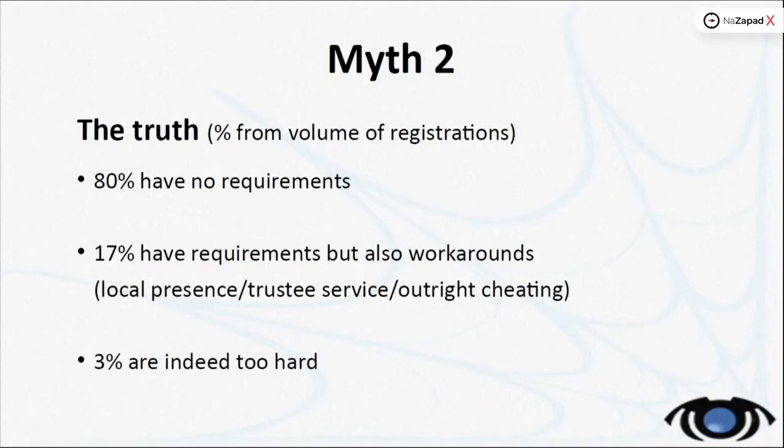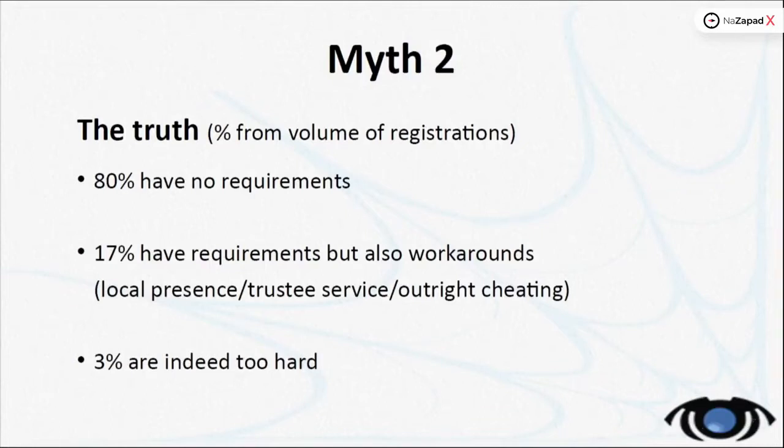There are some countries in which outright cheating is the only way. So for example, in Australia, .com.au, if you try to use trustee or local presence, this is forbidden, so you risk a lot, and it's also quite expensive, but you can do outright cheating. So go to the business registry, take an ABN, Australian business number, which is what they require for verification, and of course use a company with a similar name to the domain, and you're probably going to survive, like a 95% chance that the ABN will survive, which is worth it if you're doing something in the Australian market, as there's no other way. And there's a very small percentage, like 3%, that are really too hard.